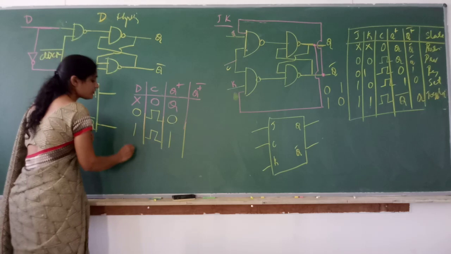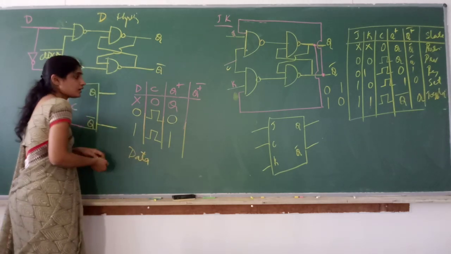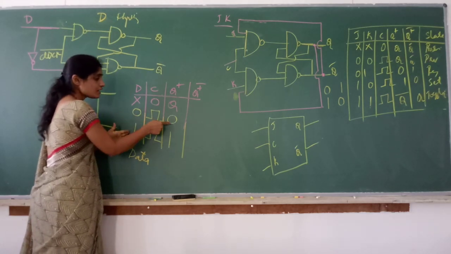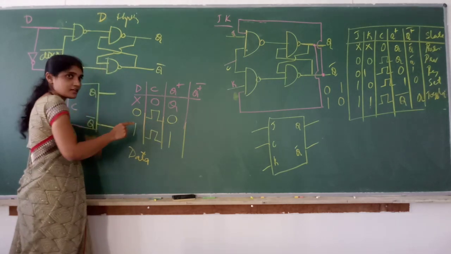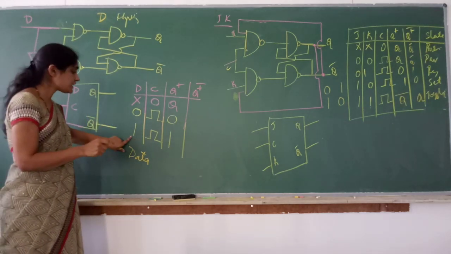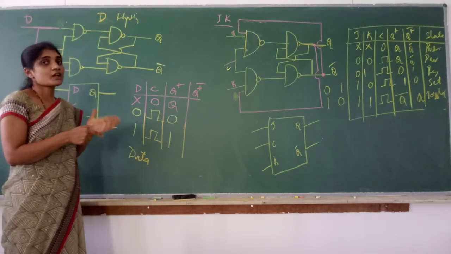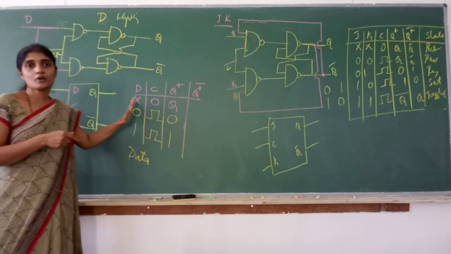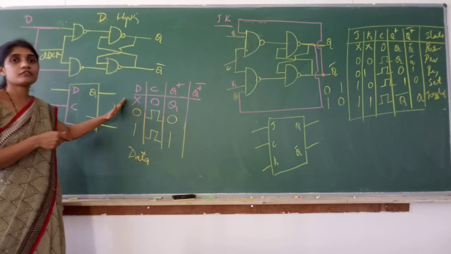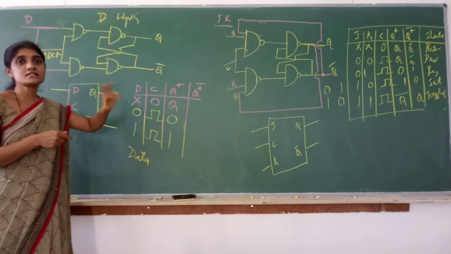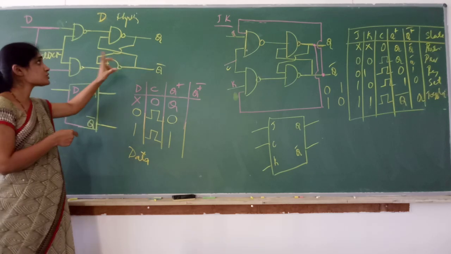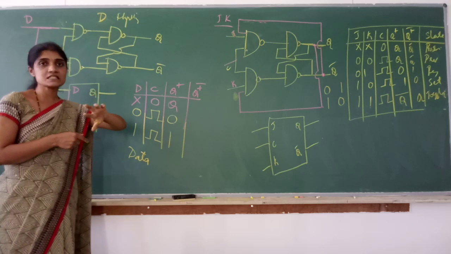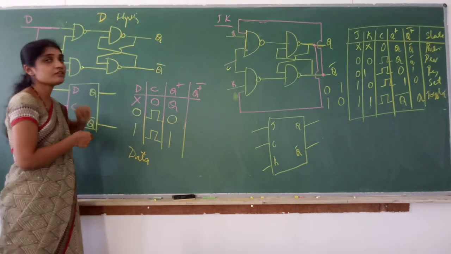Very simple. Hence D flip-flop is called data flip-flop. Next state is same as input. If you give D as 0, next state is 0. That means if you are giving D as 0, flip-flop will store 0. If you are giving D as 1, flip-flop will store 1. Because of this function table, in all the registers, only D flip-flops will be used. This is one of the advantages of D flip-flop. What are registers? A flip-flop can store only one bit of information, whereas if you have to store more than one bit of information, you have to go for registers. In registers, you find only D flip-flops.